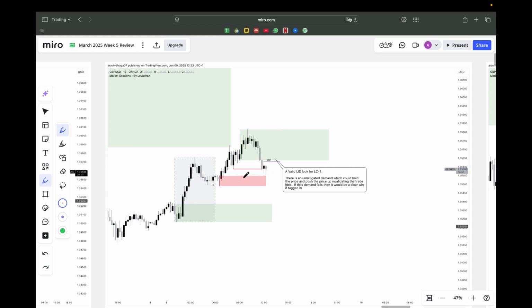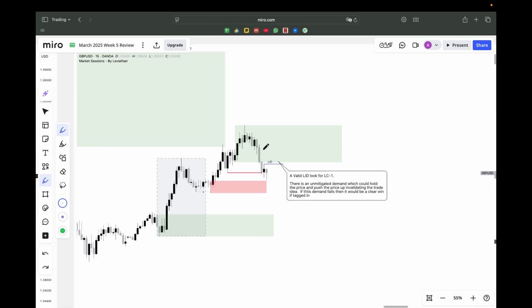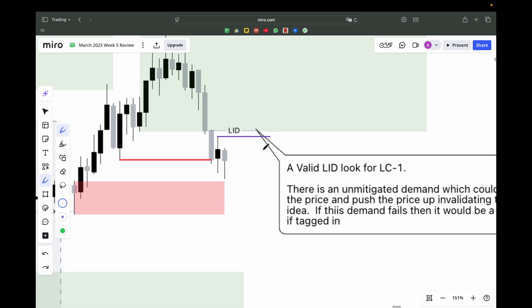And also, as I mentioned, the daily demand is holding the price, so probably price can push further up. So there are a lot of possibilities for the trade to go away from me. So I just wanted one extra confirmation, like, yeah, this is a valid lid. Just one extra confirmation is that price mitigates this fair value gap. That's it. So if the price takes out this candle's high, I'll be looking for sells.